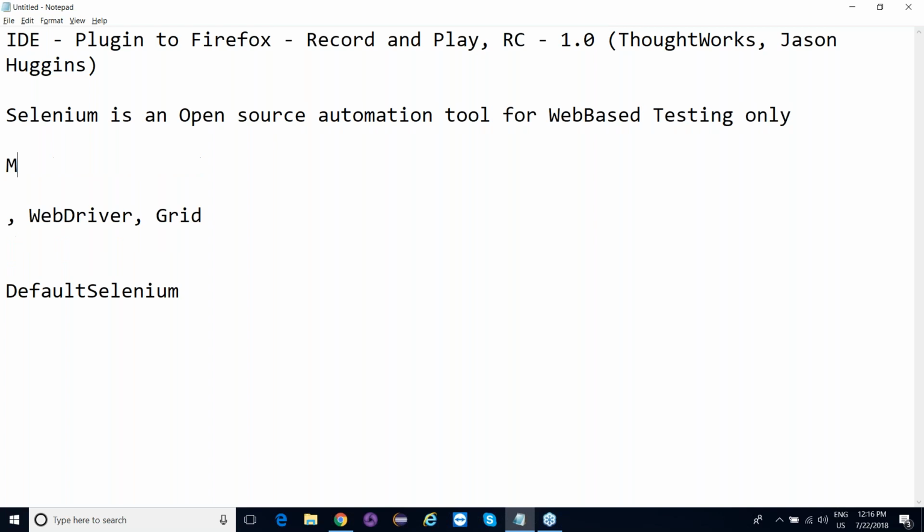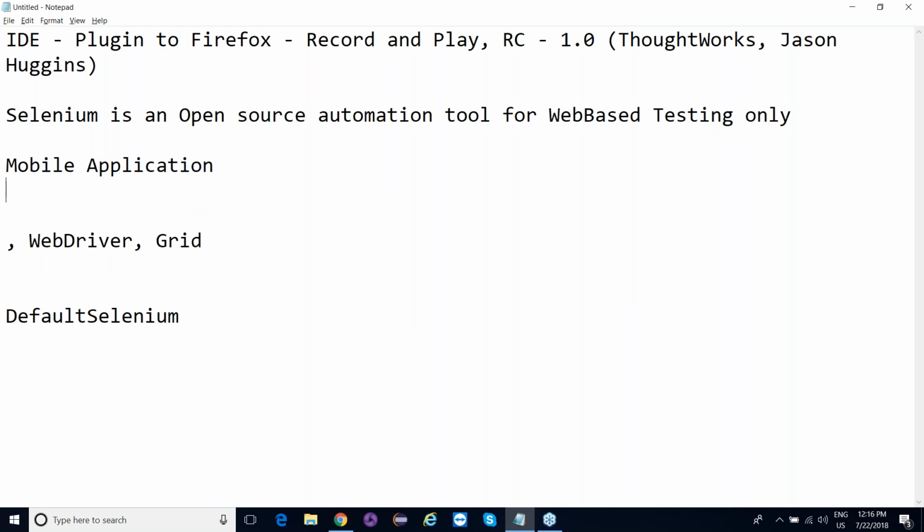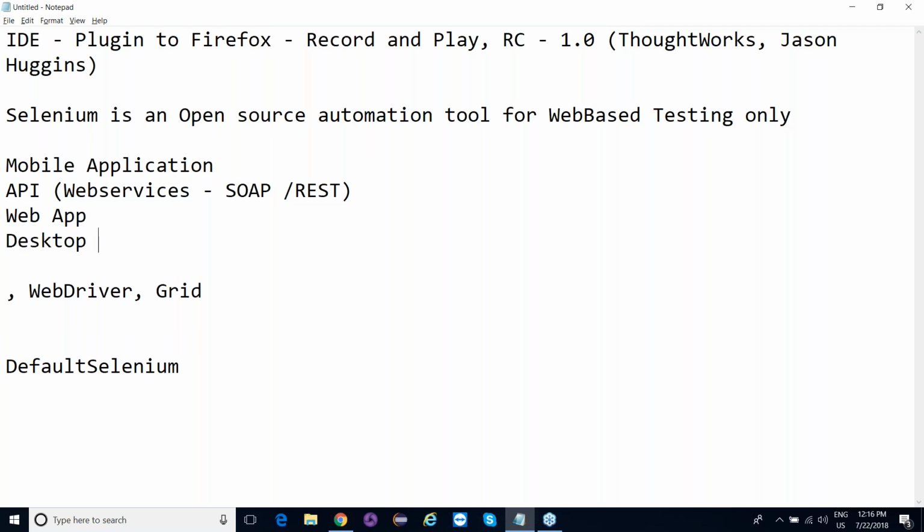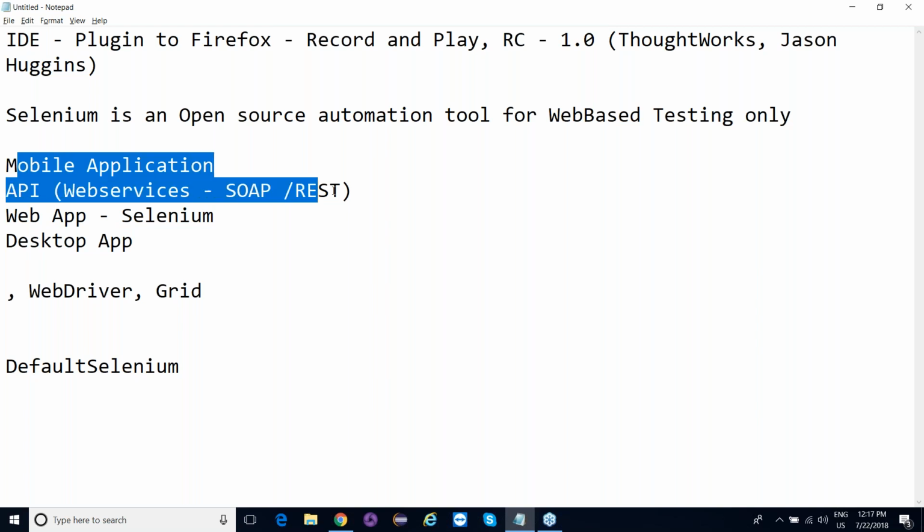There are a number of applications available: mobile applications, APIs like web services that include SOAP and REST, web apps, and desktop apps. Selenium automates anything that is available on the web, but it cannot handle desktop applications, APIs, or mobile applications. But still,